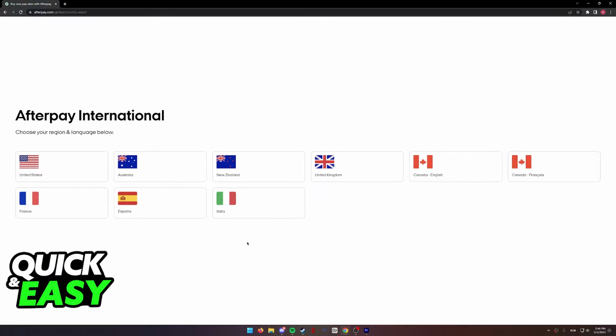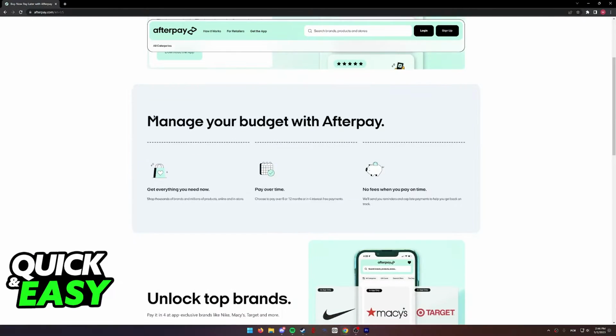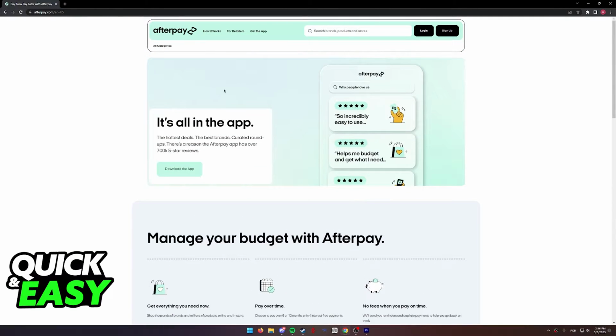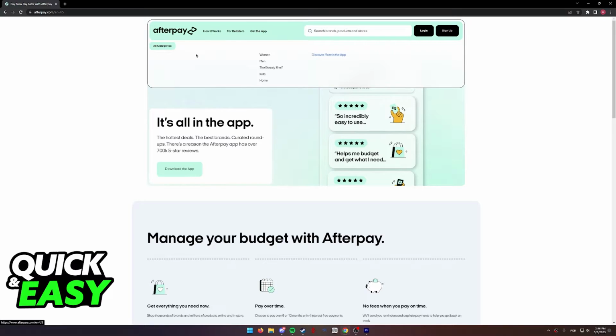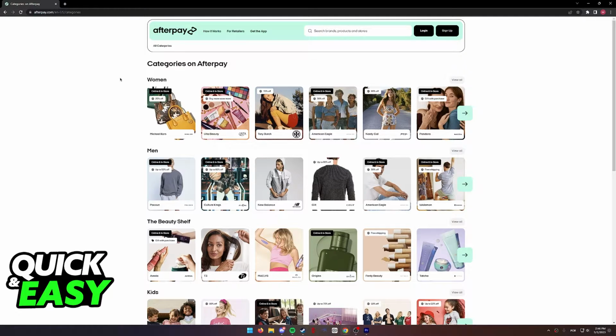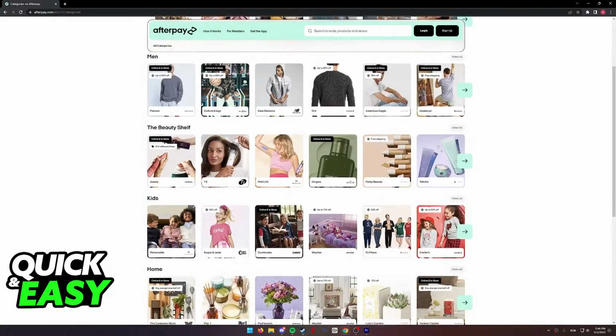if you wish. First of all, download the app and select your corresponding region. After you select your region, all the stores available in the region you selected will be available for you to choose from. In order to use the Afterpay payment method, you need to select a store from the available Afterpay categories or website. So inside of the app or on the website, you need to choose from one of these